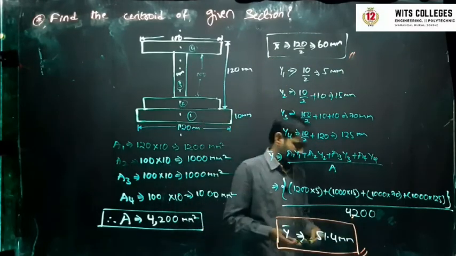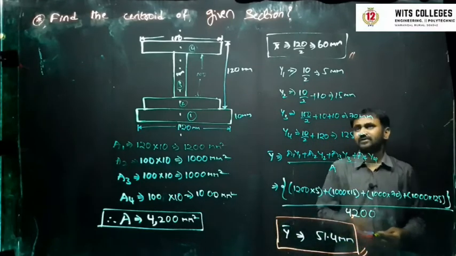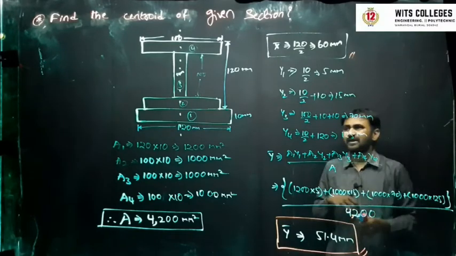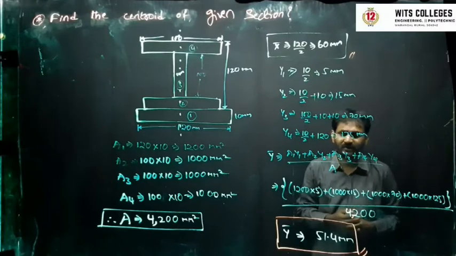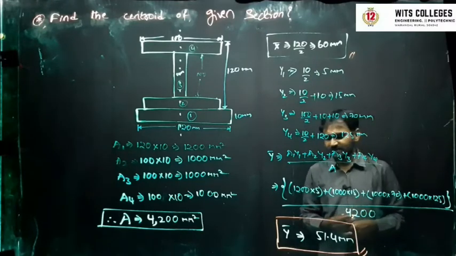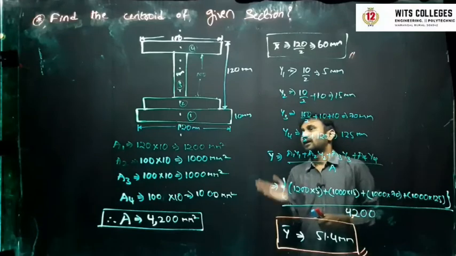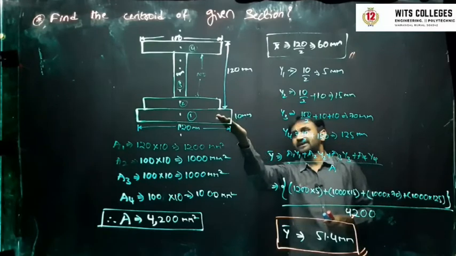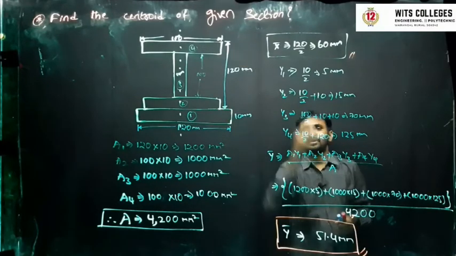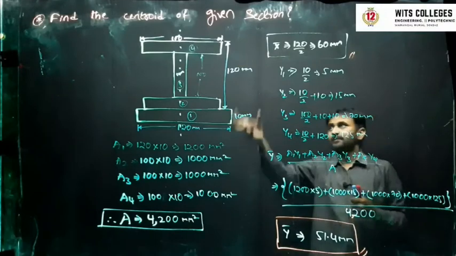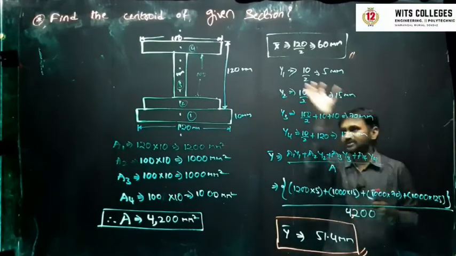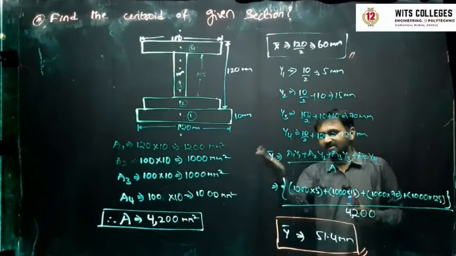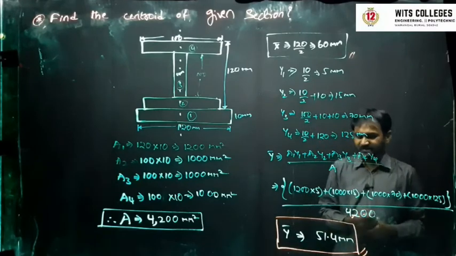If I calculate the x bar also by using the same formula, I'll still get 60 only, because it is a symmetrical section. When it is a symmetrical section, definitely x bar you will get as 60 only, as we discussed in earlier cases, right? Now this is the way you have to do the problems for I section, flanged section. That may be a single flange plate, that may be double plated also. Depending upon the number of plates, your formula is going to be increased, but the procedure will be the same. You have to calculate A1, x1, y1, and then the x bar, y bar formulas, because by this you will get the centroidal distances.